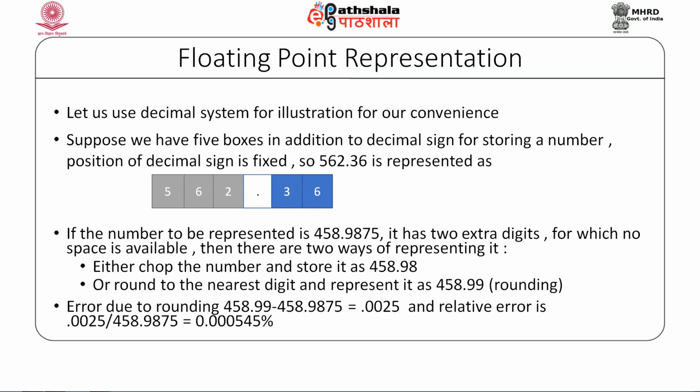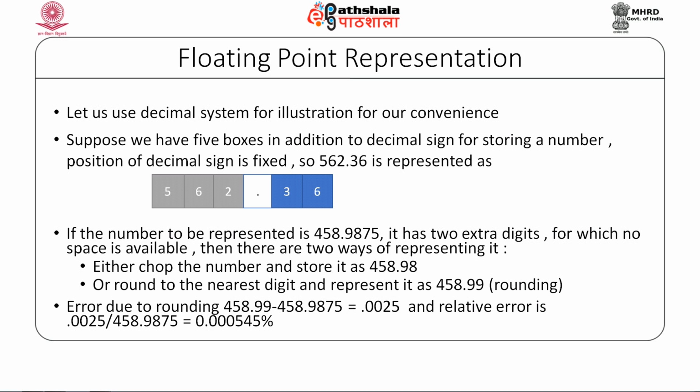It has 2 extra digits, which will be lost while storing; they cannot be stored. There are 2 ways of doing it. Either just chop off the extra digits, so 75 is chopped off, which is called chopping, or round: before chopping off, round the last digit to the nearest place. So 458.98 will be rounded to 458.99, which is called rounding, and the error due